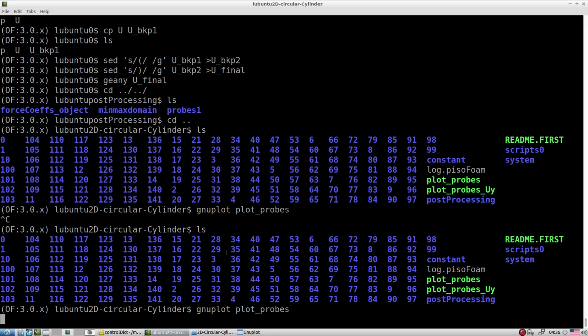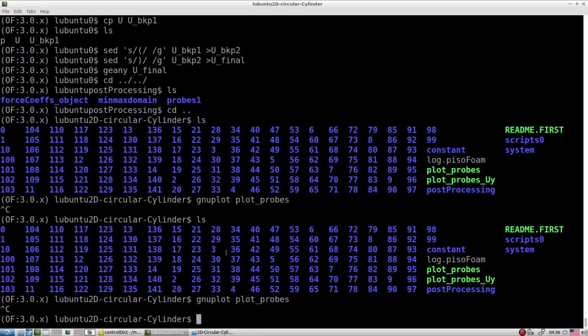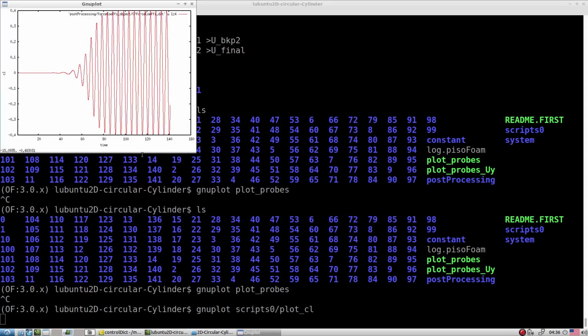Now let's look at the CD also, how the CD plot looks like. So, script plot CL and CD. Look, the CD and CL plot also give you the idea exactly when the flow becomes dynamically steady state. If you look after something like 95 or so, the flow is repeatedly taking plus and minus 0.4. So it gives you the idea exactly when you are supposed to start the averaging. Either you go with the probe or with these CD CL plots.